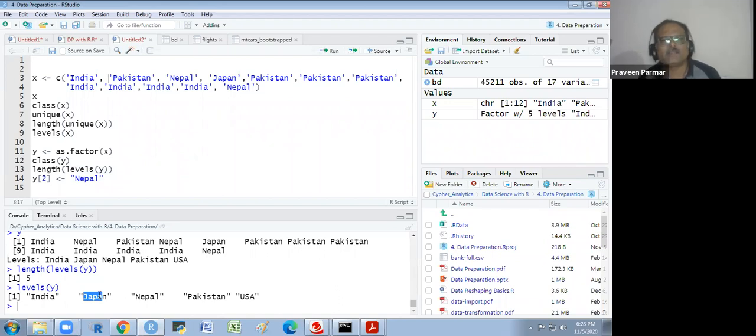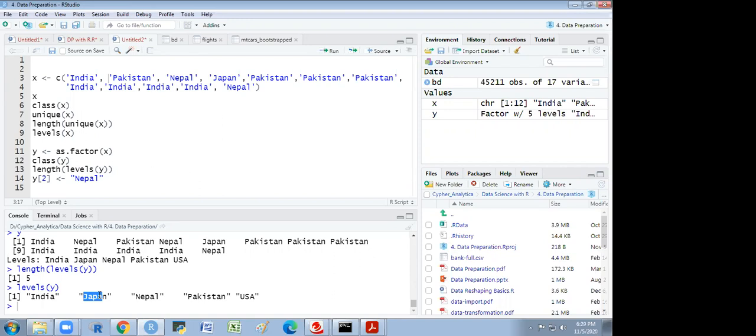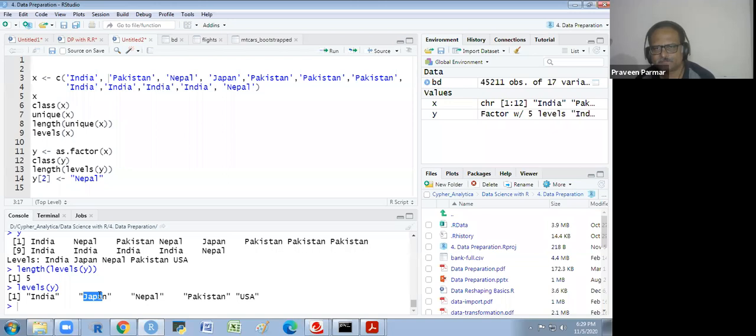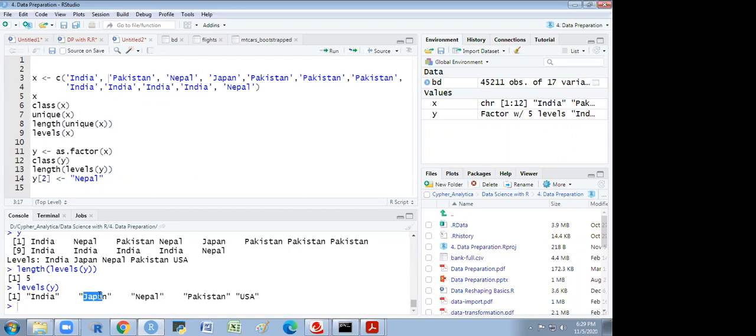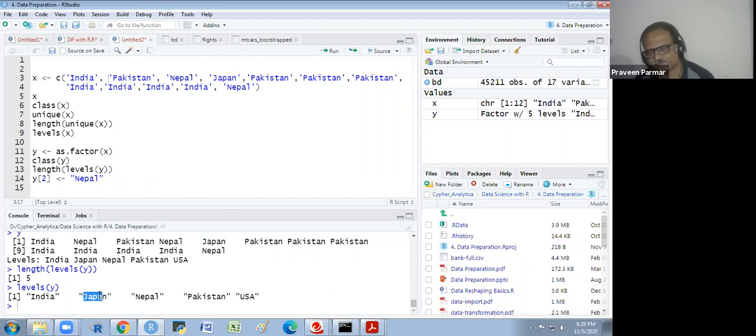So when you manipulate the data, first you get the data and then you manipulate it. If something is in a factor form and you remove some item, the level will not change. So it is compulsory to convert all the string variables into character form. Understand? And whenever you require the factor form, later on you convert into factor.